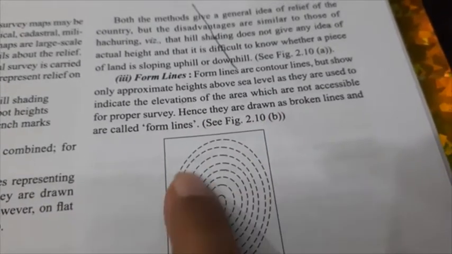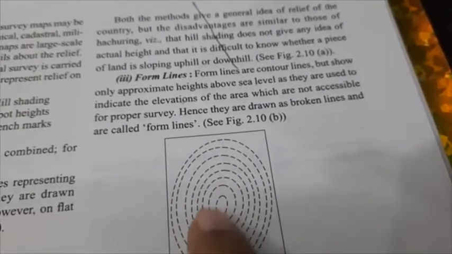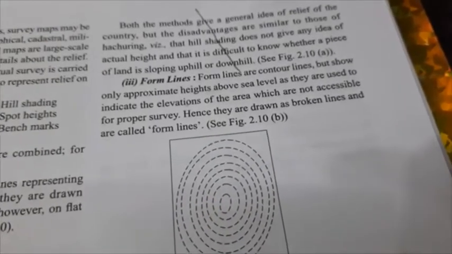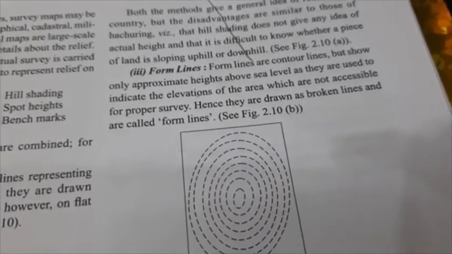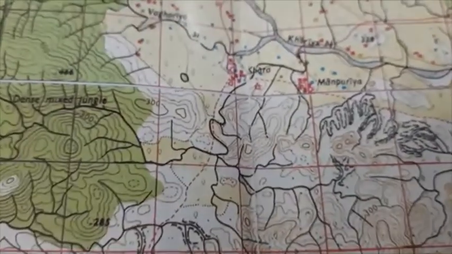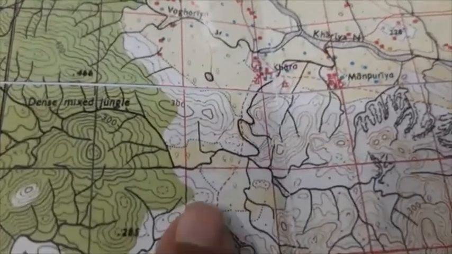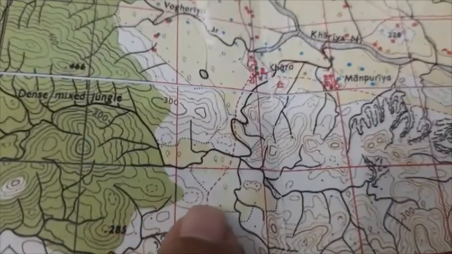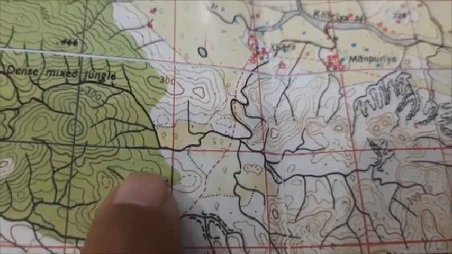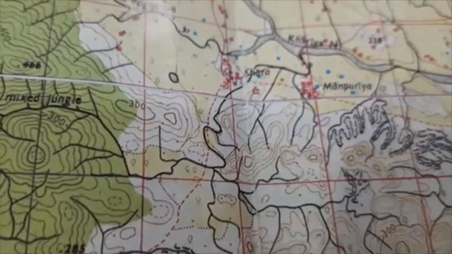So when we drew the contour lines, they were all continuous brown lines, children, and they were not broken. But when we see these kind of broken lines in brown color in our map, they are going to indicate form lines. I'll just show them to you. So as you can see over here, in the white colored portion, you can see the continuous brown lines, and then inside over here, you see one small circular shape, another one here, another one here, and here. And in this manner, you will see quite a few of them.